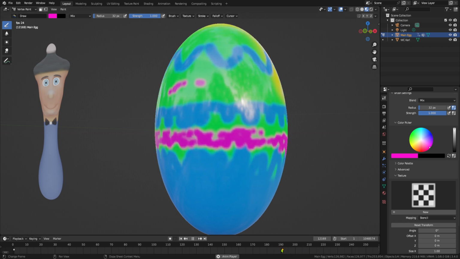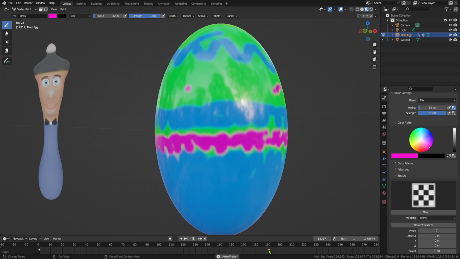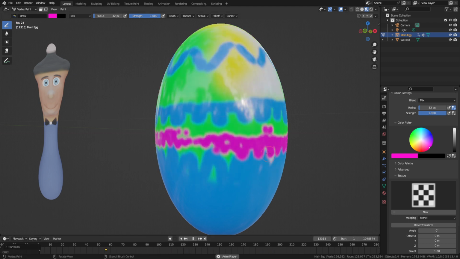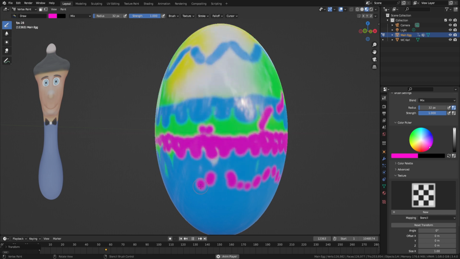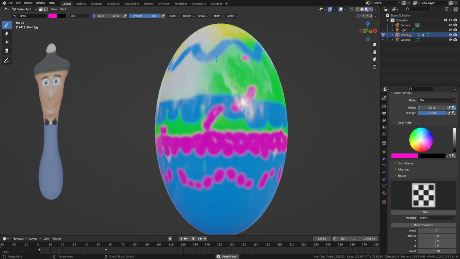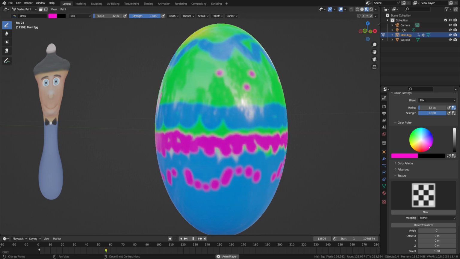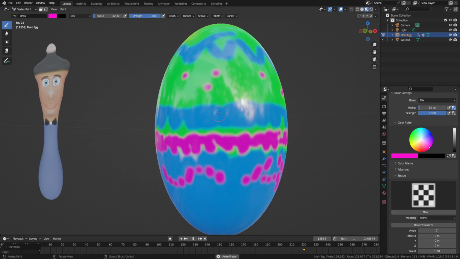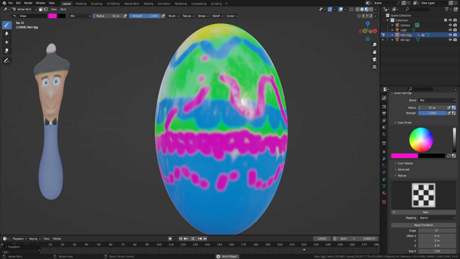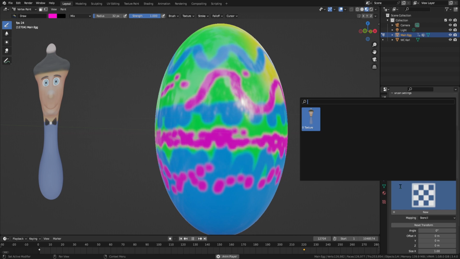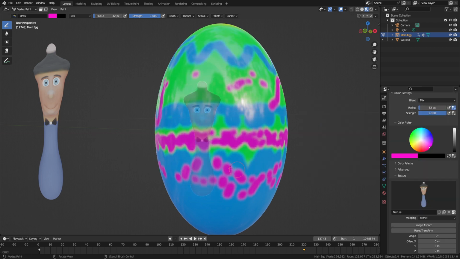You can also increase the speed, but this depends a little bit on the frame rate. Dot, dot, dot, dot, dot, dot, dot. It's super satisfying. You can slow it down, make it slower, like so, and then you can be more precise. And also you can stop the animation, and then you can just